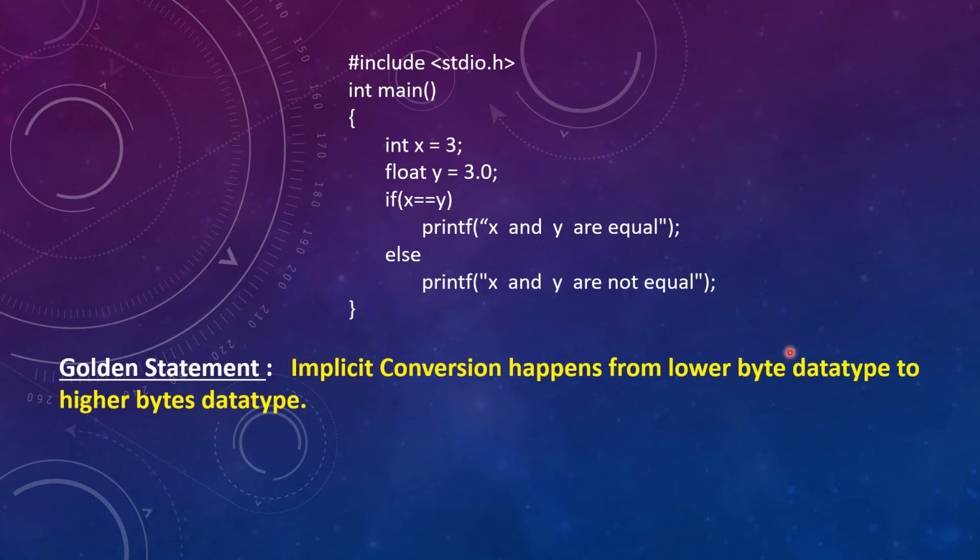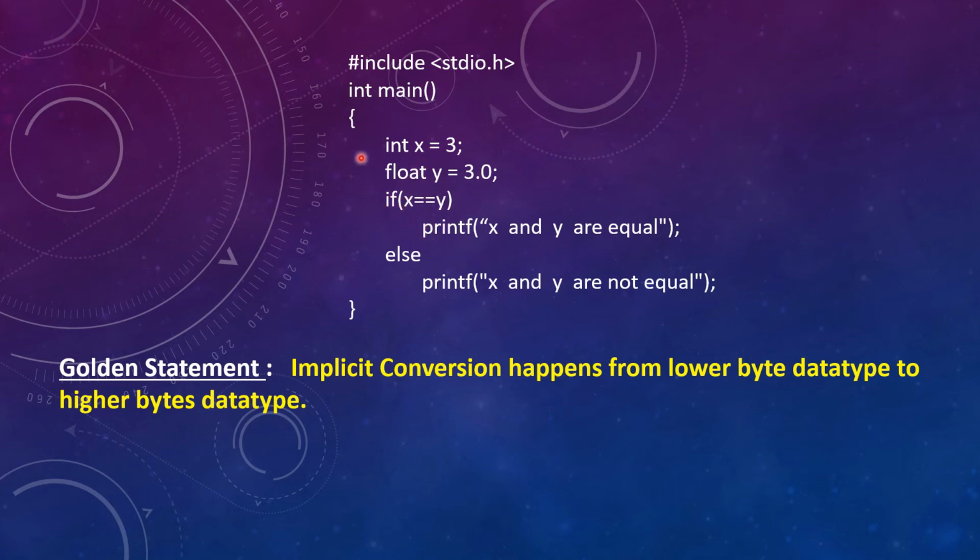It happens from a lower byte data type, meaning the data type which is smaller in size, to a data type with a greater size. As here in C language we already know that an integer variable occupies 2 bytes of data and a float variable occupies 4 bytes of data. So the smaller data type is integer and float is the larger data type. Whenever you are comparing between them, the compiler will convert this integer variable to a float variable for the comparison.